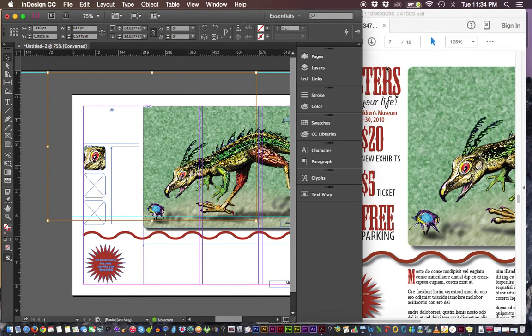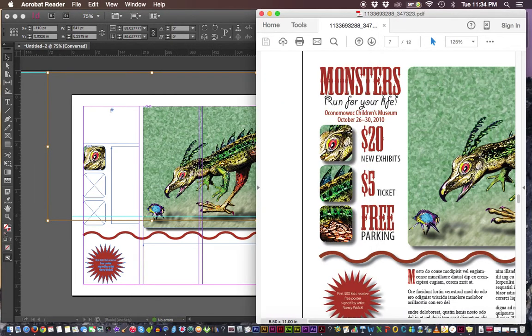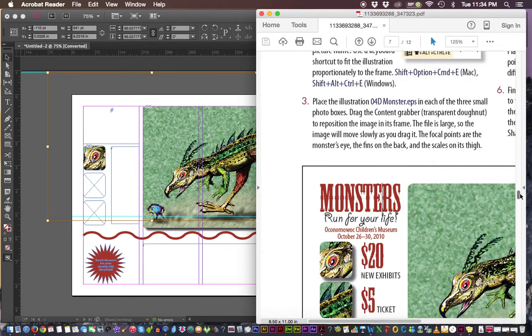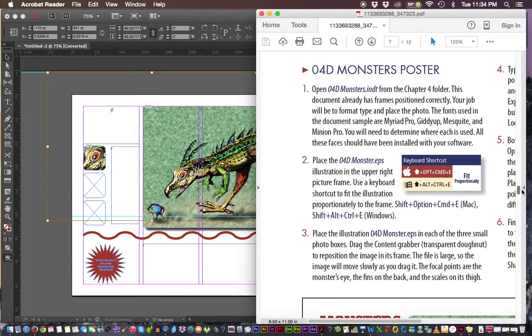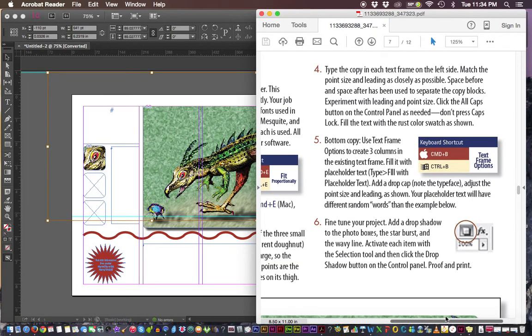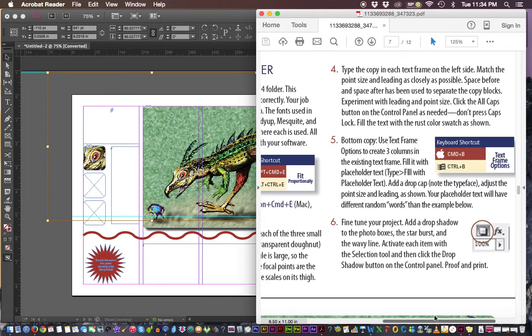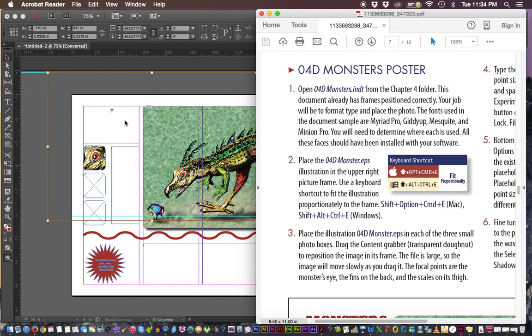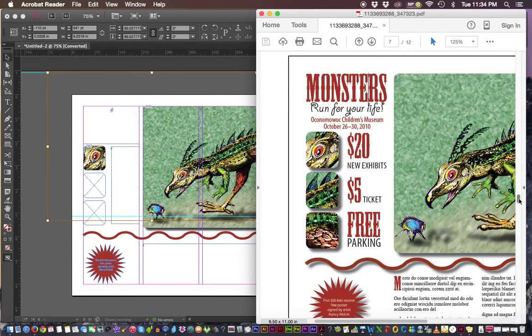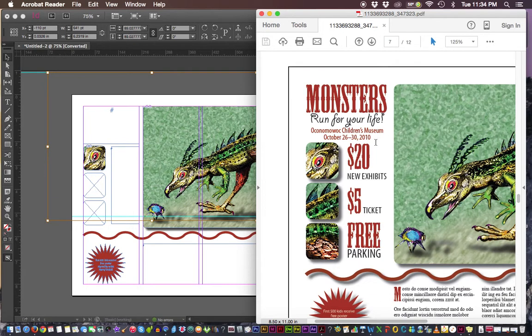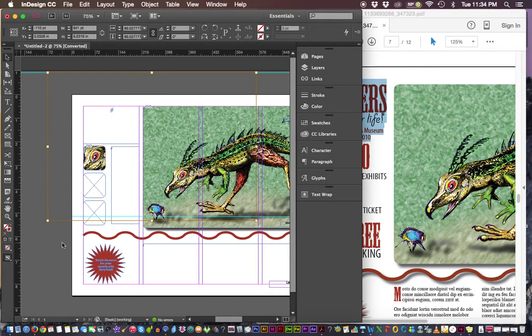Okay, another thing that you will be doing is some formatting. Now, with this project, it doesn't necessarily tell you all of the specifications for the typesetting. So you're going to kind of have to make a little bit of a guess, but follow along with the directions. But one of the nice things about this PDF, if you open the PDF in Acrobat Reader, yeah, I can select the text. Awesome. So I'm going to go ahead and copy that, Control or Command C,